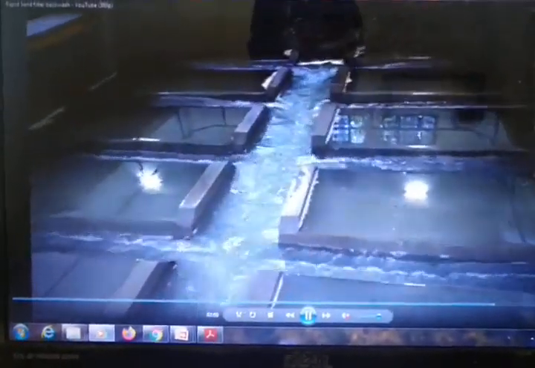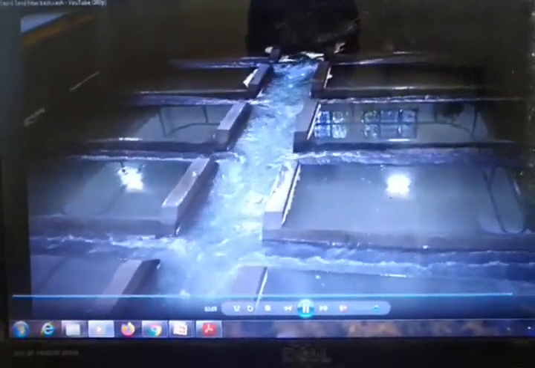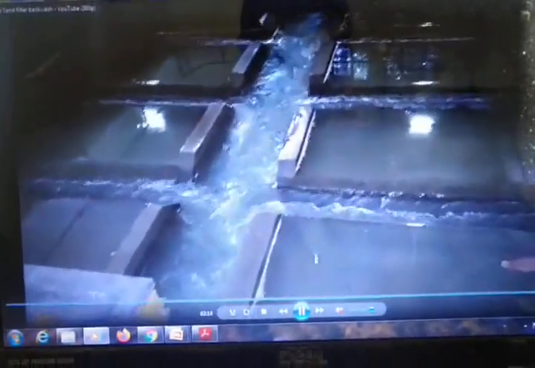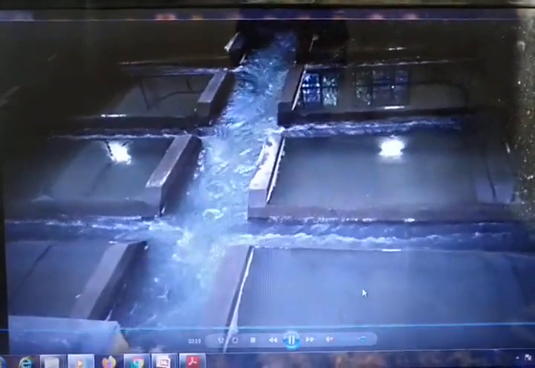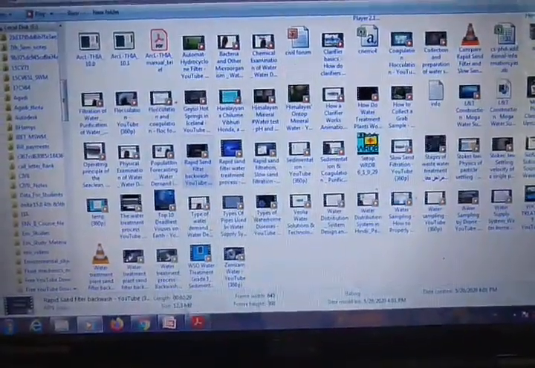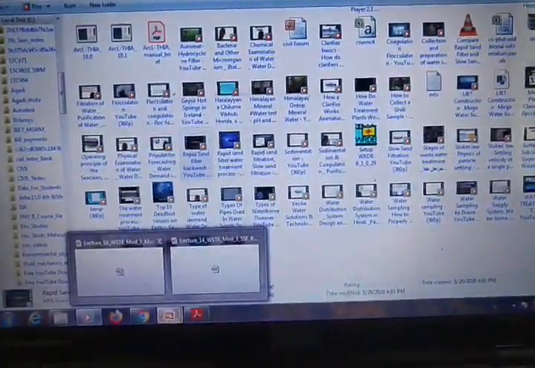Okay, see now you can see the increased quality of the water, and these are the filter beds located, that is, this is 1 2 3 4 5 6 7 8 beds here. Okay, and after the backwashing process, the valve V4 is closed. Okay, and again the valve V1 is opened, and the filter is put into the normal cycle of operation. When valve V1 is closed, all the dirty water will go out. Okay, so I hope you have understood the backwashing process.